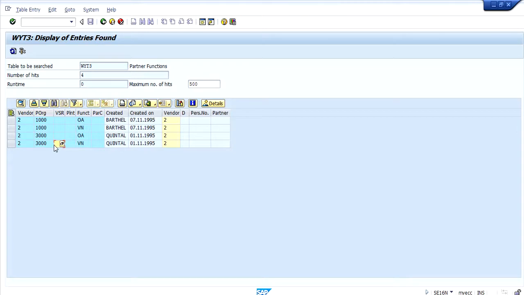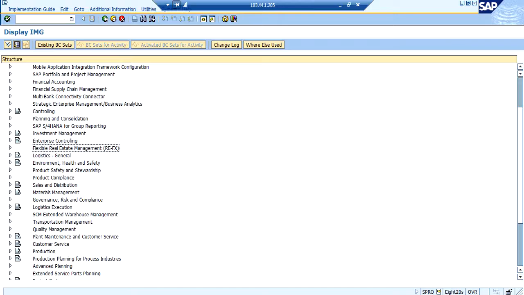Now let us see how different configuration settings can be made from S4 HANA point of view. So now let us see how business partner can be configured with the different settings. Let us go ahead and see the business partner settings in S4 HANA.